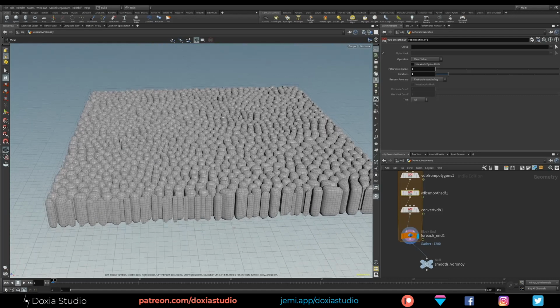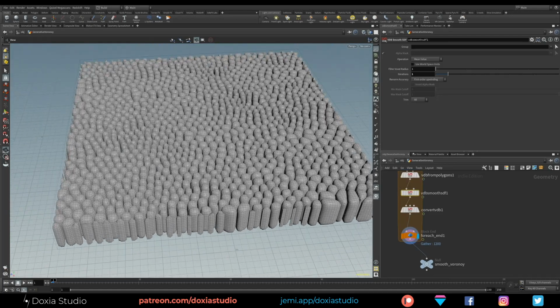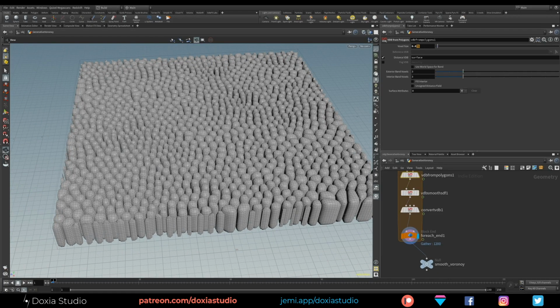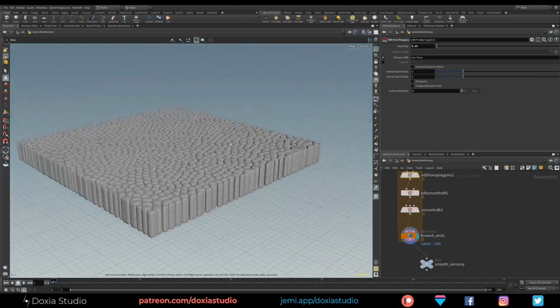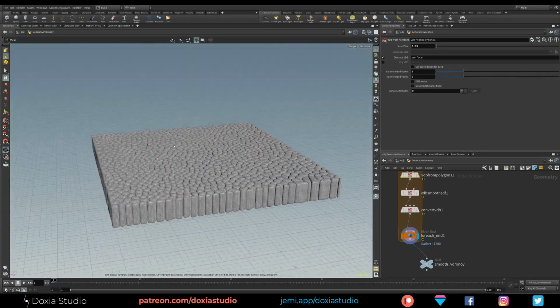Okay, pretty cool. Maybe we'll decrease the voxel size, in other words, increase the resolution. Let's see. Okay, pretty cool. They are more together now.